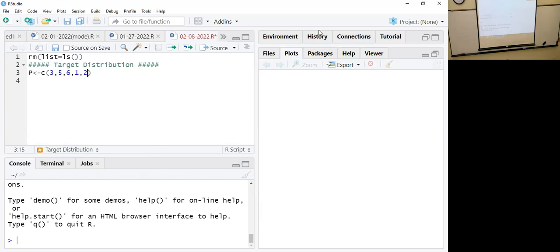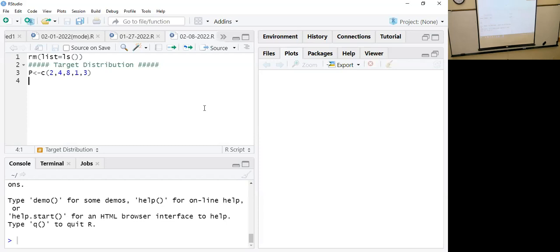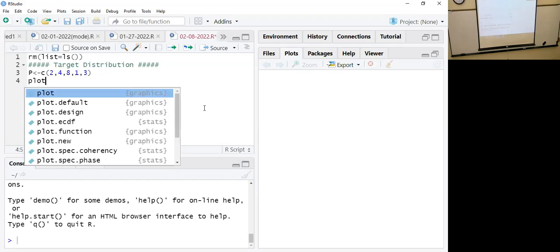Is that what last time was? I don't think so. There was an 8 somewhere. There was 8, and then it was like, not 2, 4. Oh my god. So that is the target distribution, and we can plot